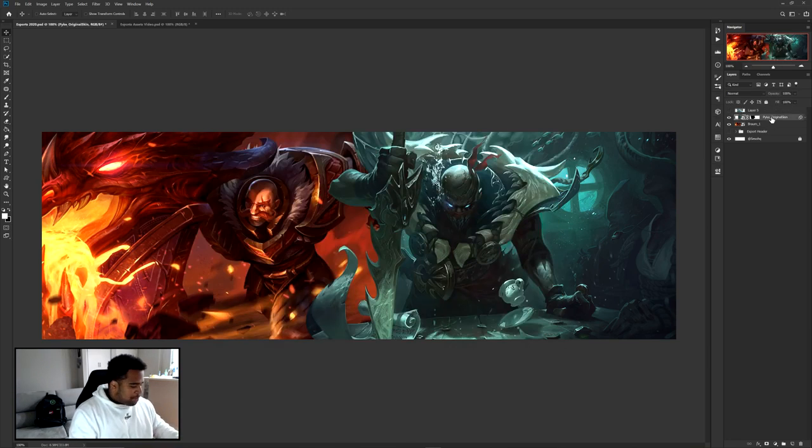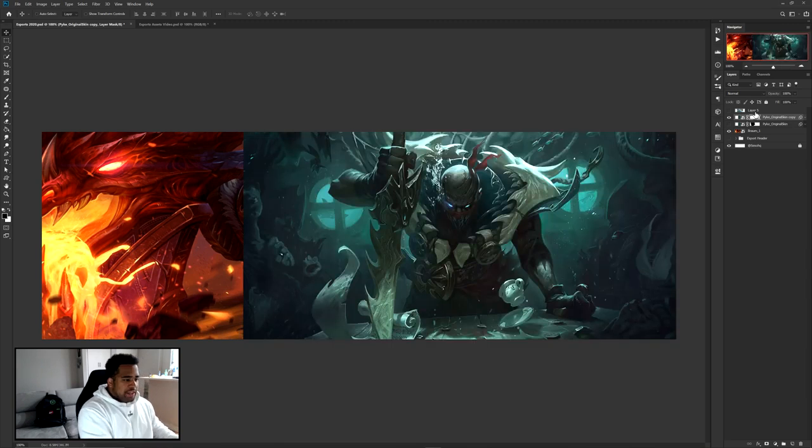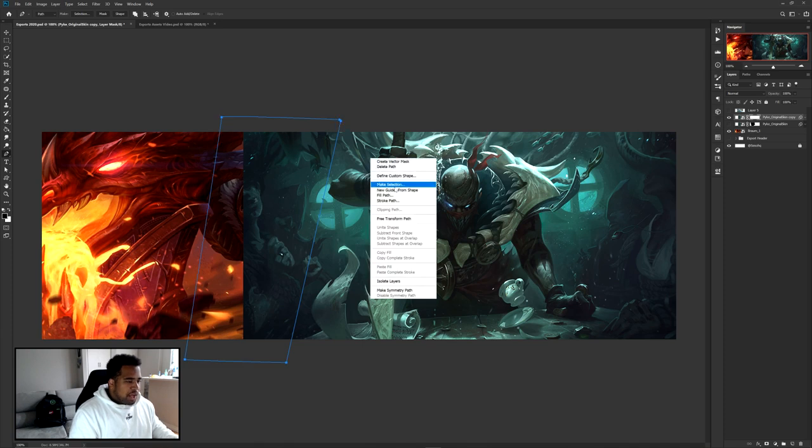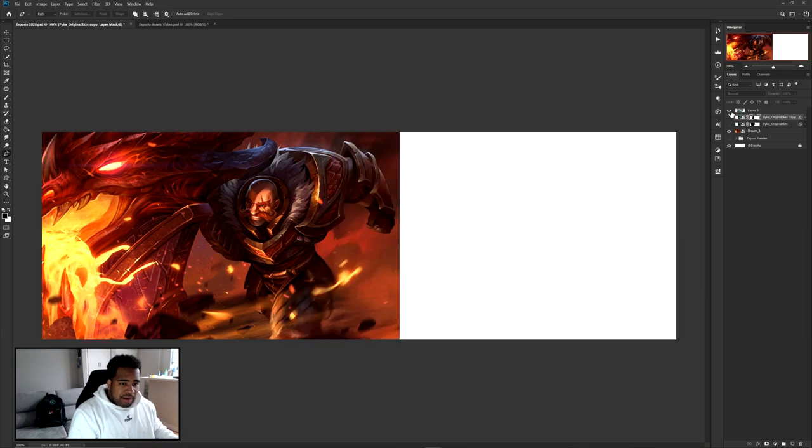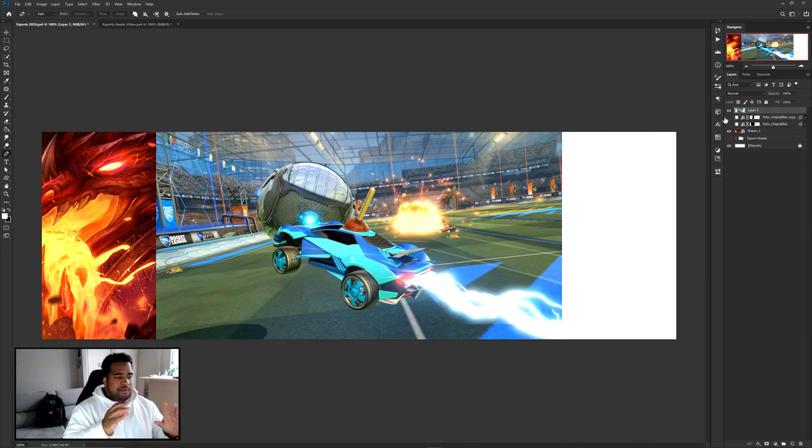Because originally, of course, this Pyke picture looked like this, where I kind of cut it out so that it looks seamless like this, right? A lot of you guys usually just use the pen tool to cut it off in a simple diagonal line, which is fine and all, but I think there's a really cool seamless way that you can do it that makes it look enhanced, like 5 times better. So let's just say you want to take this, you would basically want to find a top of